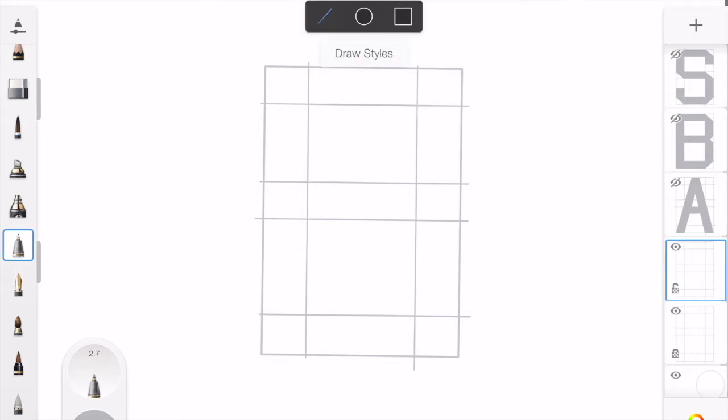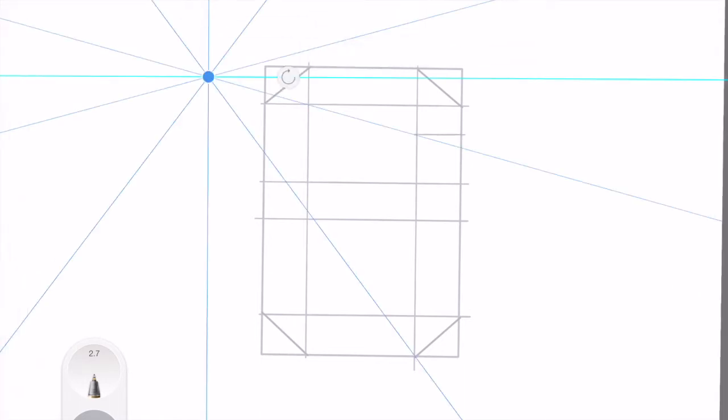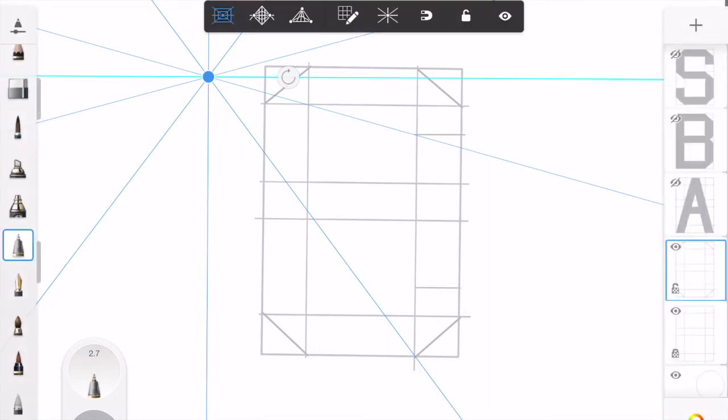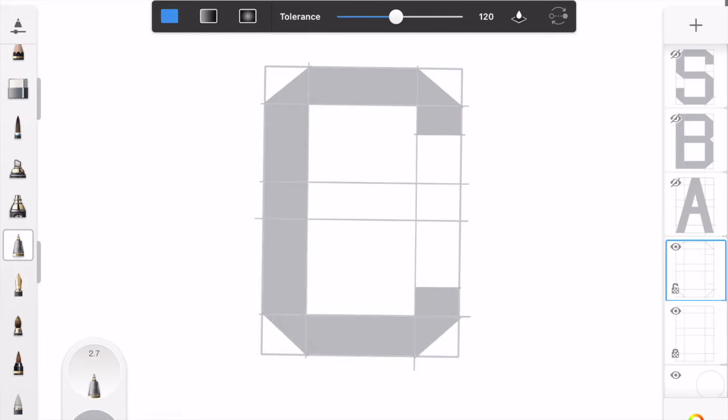Now let's go ahead and go through the whole alphabet, and I'll try to do this quickly so you can see all of the letters and how they are made. So the next letter is a C. You can see I'm just drawing a few little lines, cutting off the corners, and then it's just a matter of filling in. Most of it is the figure 8. So it's really simple. Once you have the figure 8 shape, it really is simple to make the rest of